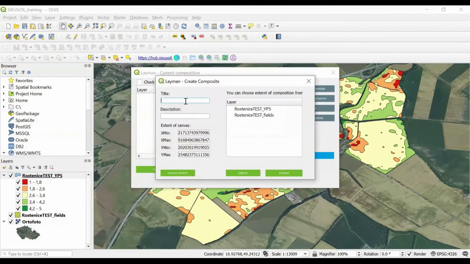I will put a title of the composition here, which will be, for example, SIEUSOIL training composition. I can also put here a description, and click Create.